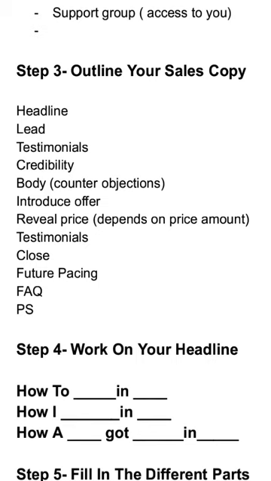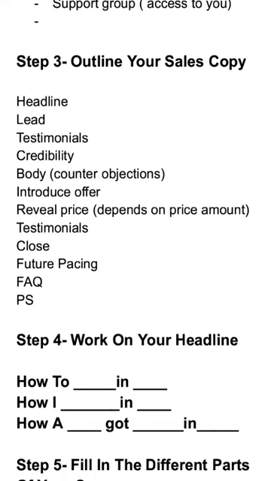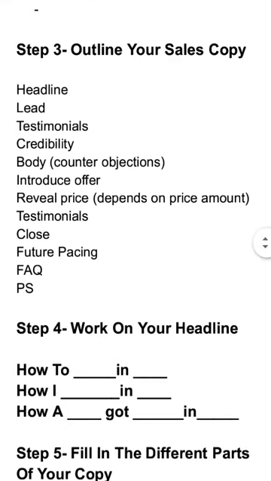It could be a reason from the market or a reason from them. Take for example, you are selling a cream that is supposed to give people glowing skin. Now, the buyer might think, will this thing affect my health? If I use this cream, will it affect my health? Will it work for my type of skin? My skin is dry. Will it work for me? That's an objection. It is your job in your copy to counter this objection.